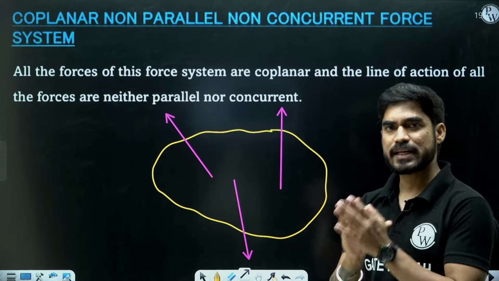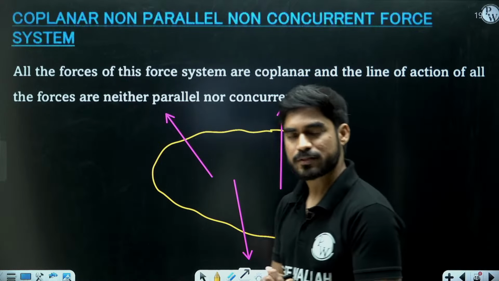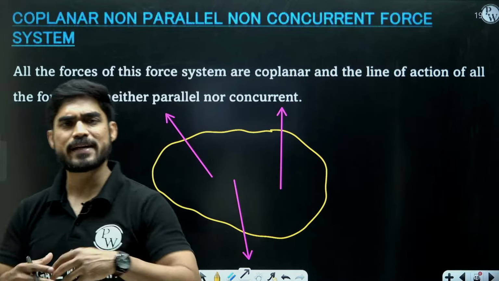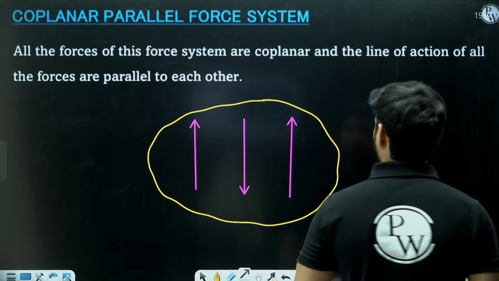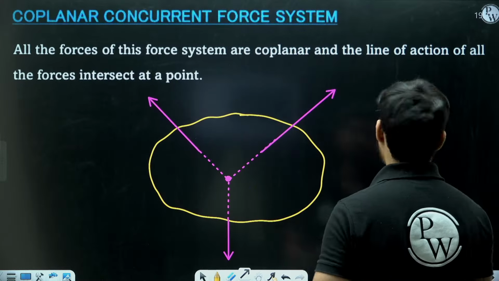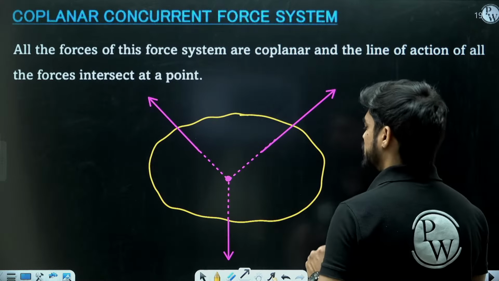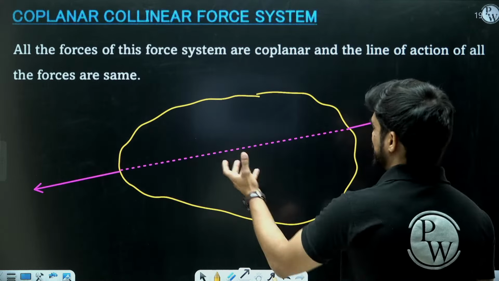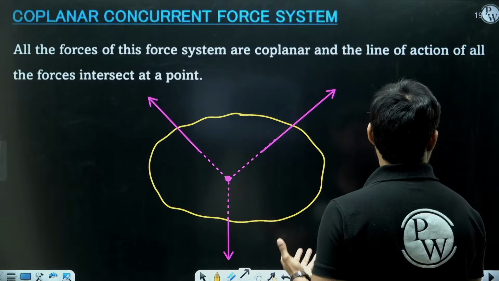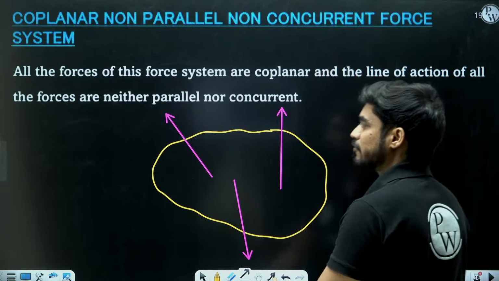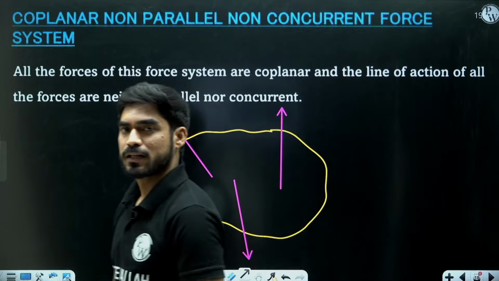So we have these four types of force systems. You can get questions based on any type of force system, but mostly we get questions from parallel force systems and concurrent force systems. Collinear force systems are very easy, so you will never get a question from this, and in some cases you might get a question from this one. Okay, now